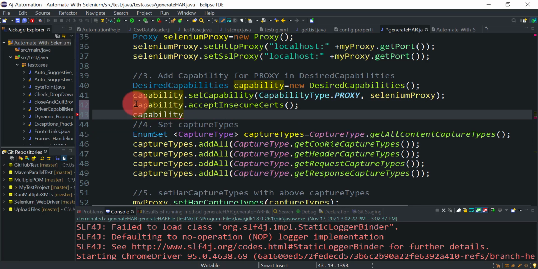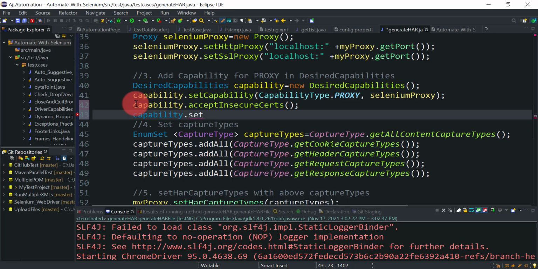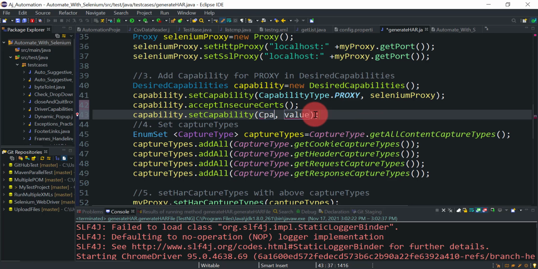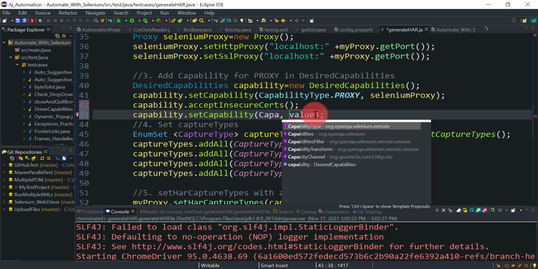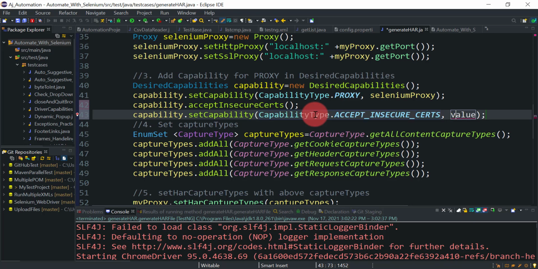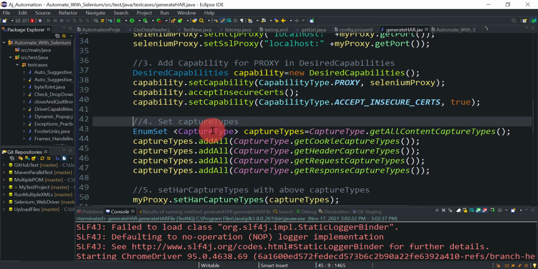And one more thing we can add is setCapability, then CapabilityType dot ACCEPT_INSECURE_CERTS, this option, and then here we can pass the value as true. So we are setting our capability to accept any insecure certificates. So I think we should not get that error this time.